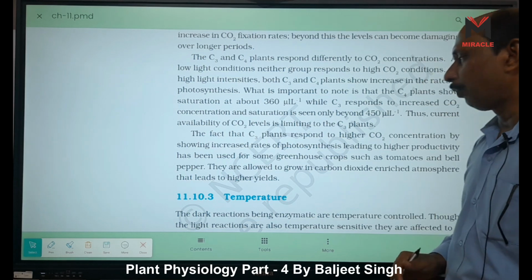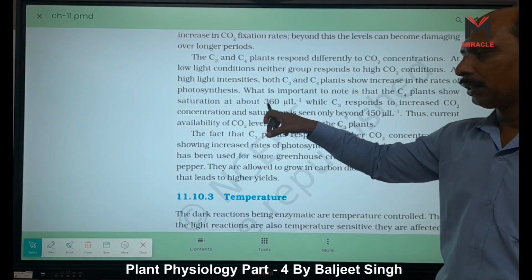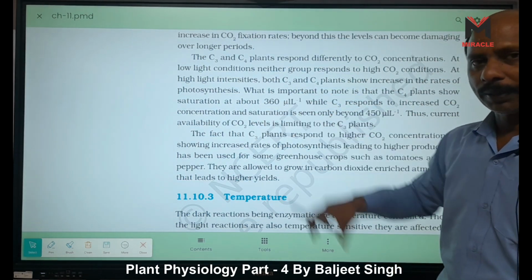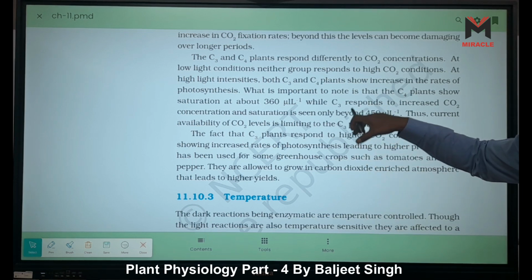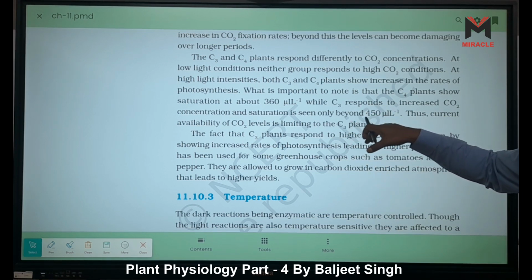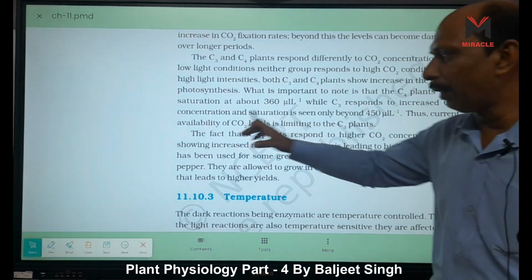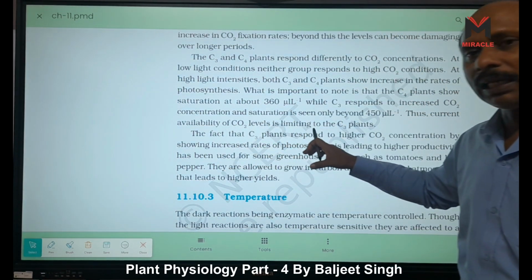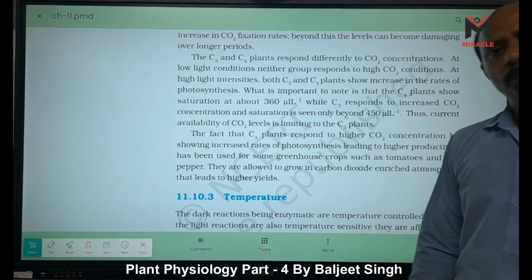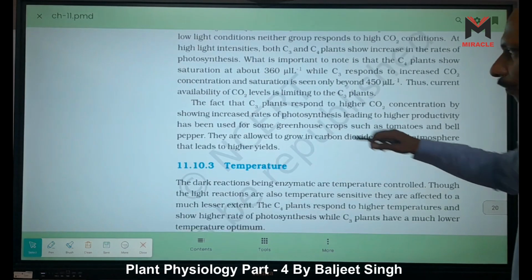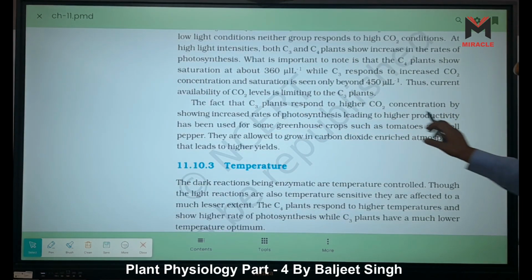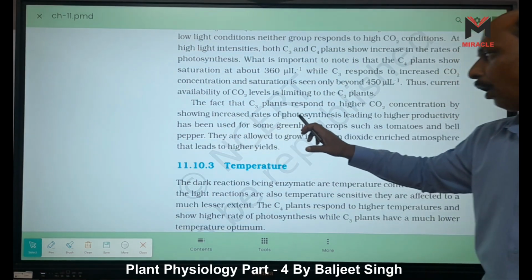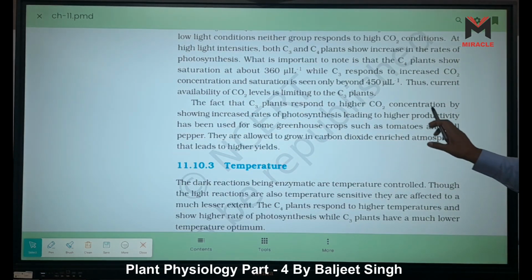Sometimes you get confused, but you can understand. C4 here is given 3, so C4 is 360. C3 here is given 4, just the opposite, so 4 is C3, right? 450 microliters. Thus, the current availability of CO2 level is limiting to the C3 plant, right? The fact that C3 plants respond to higher CO2 concentration by showing an increased rate of photosynthesis leading to higher productivity